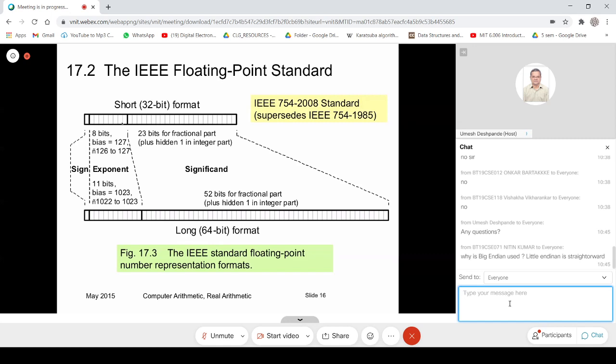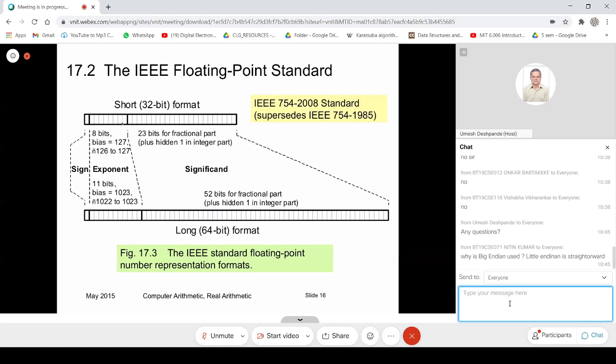This exponent is interpreted in powers of 2, so we have 2 power minus 128 until 2 power plus 127 as the exponent that can be supported for a 32-bit floating point number. The remaining 23 bits are used for storing the fractional part.